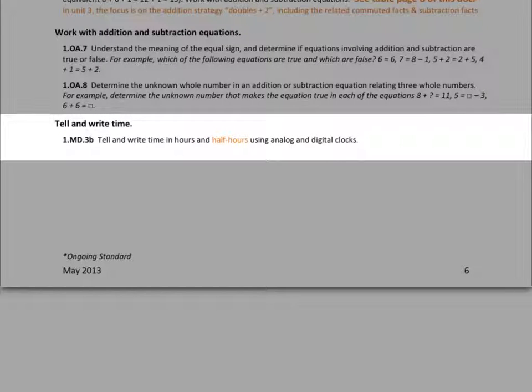The last standard on your curriculum map for Unit 3 is 1MD3, telling and writing time. In Unit 3, we are now telling and writing time to the nearest half hour. Remember that telling time is not a critical area of focus and is therefore a supporting standard. With half hours, this standard ties nicely into your Unit 2 standard 1G3, which was partitioning circles into halves and